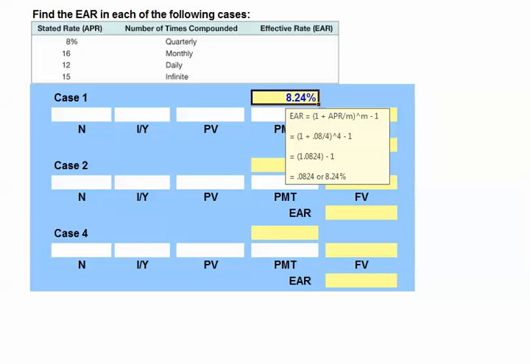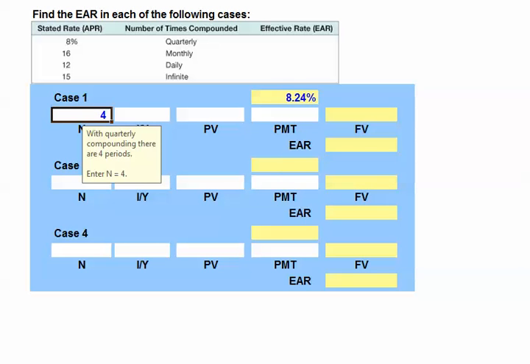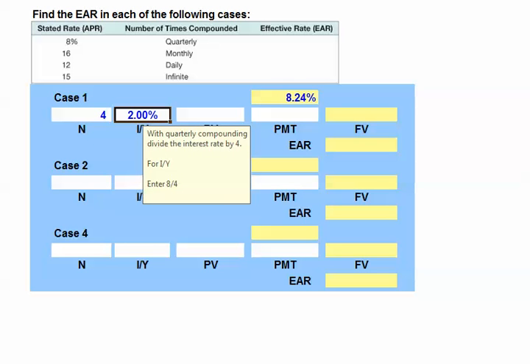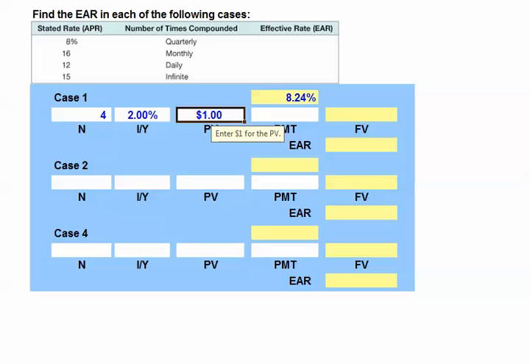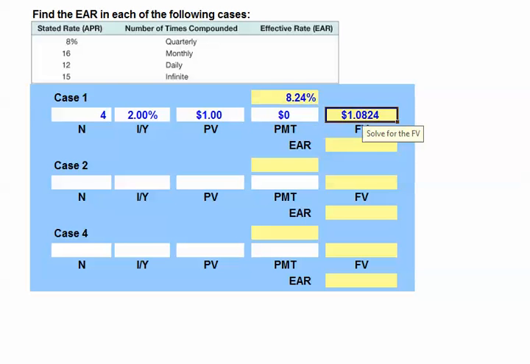We could also do this calculation using your financial calculator. Recall, we have quarterly compounding. This means we'll enter 4 for the number of periods. For our interest rate, we'll take our 8% and divide it by 4 and enter 2 for the interest rate. If we begin with a $1 present value or initial investment, putting in 0 for the payment, and solve for the future value, we find that the future value of our investment grows to